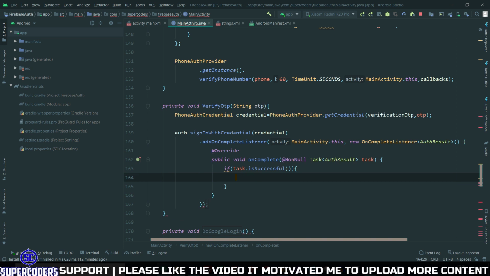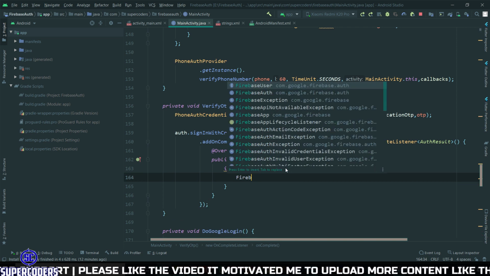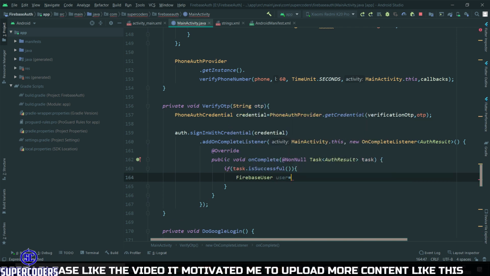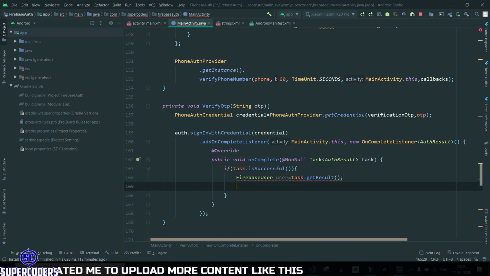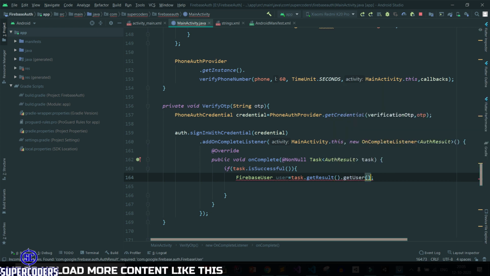So simply FirebaseUser equal to task.getResult().getUser().